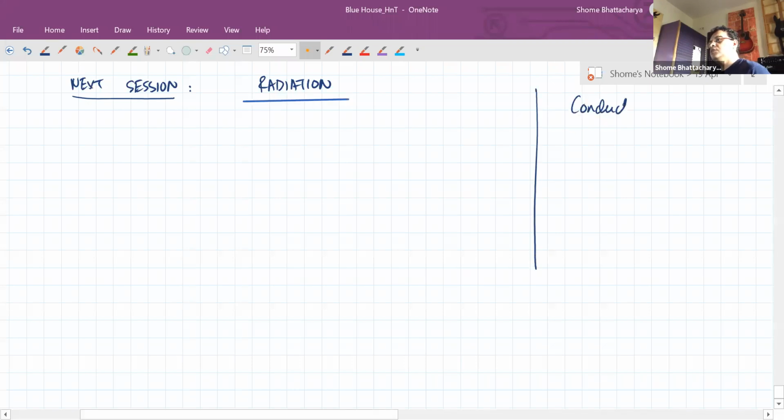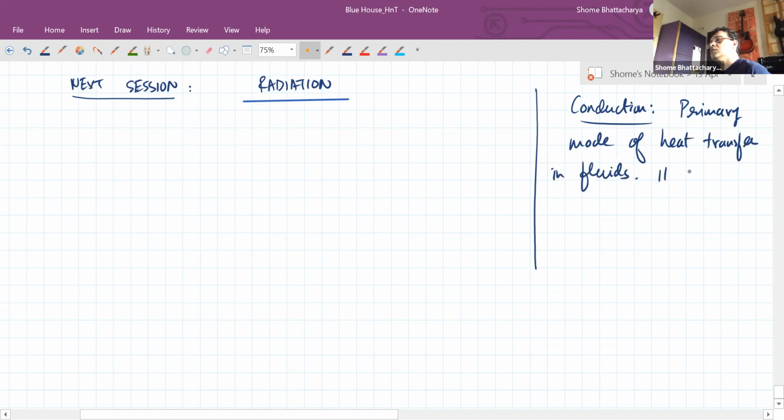Just a couple of things we need to understand about convection. Convection is the primary mode of heat transfer in fluids. It involves convection currents, which basically involve